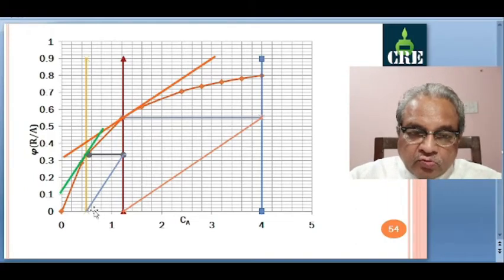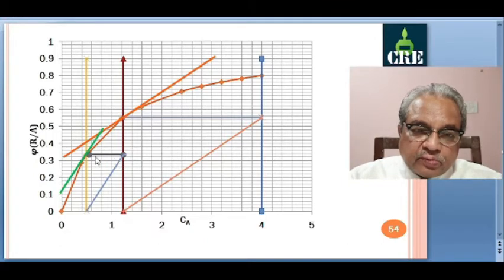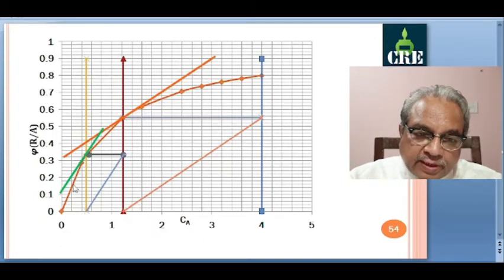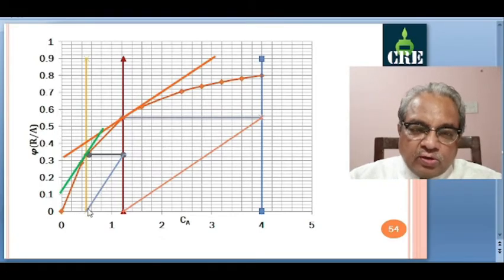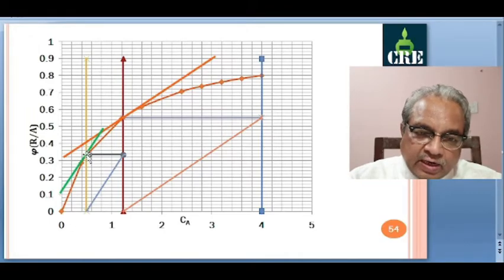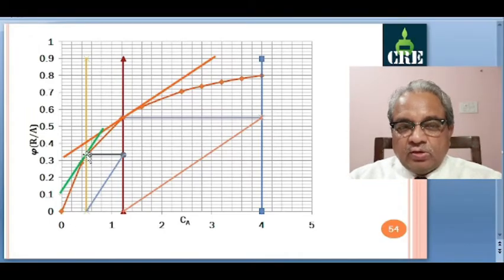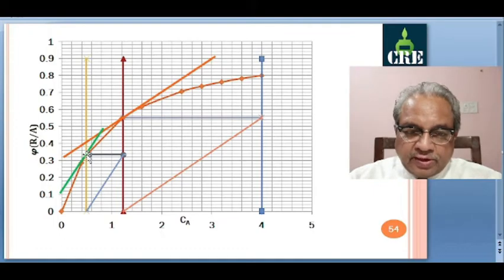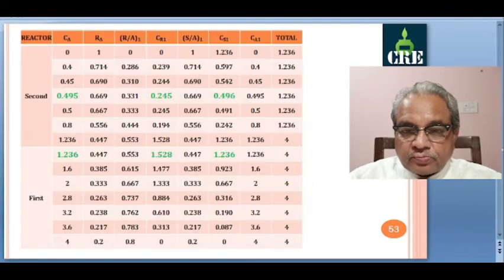Now here you have to find out again a point, second point on the remaining curve beyond this point 1.23. So this is our curve. So you have to locate this point such that from this point, if you draw a straight line and draw this diagonal, slope of the diagonal and slope of the tangent at that point should be same. So that is your best point in the second reactor, and this is here coming out to be